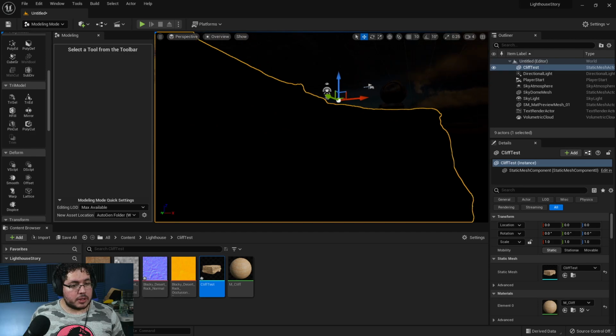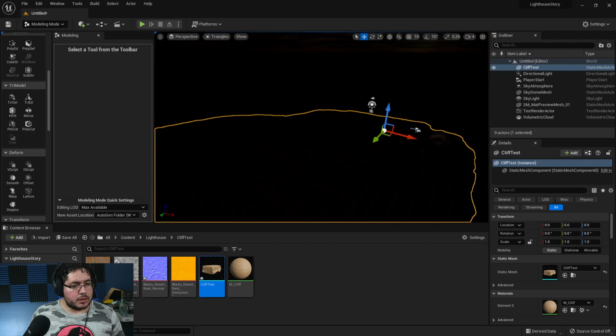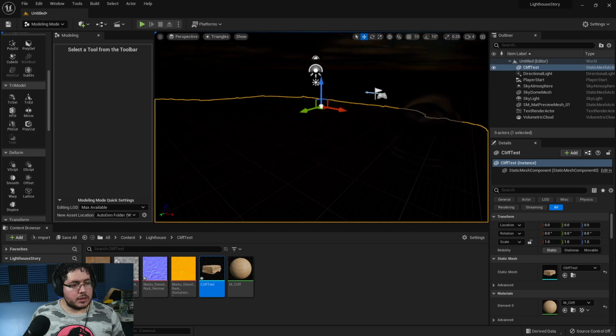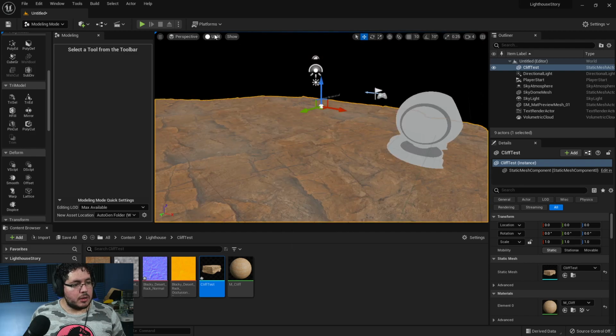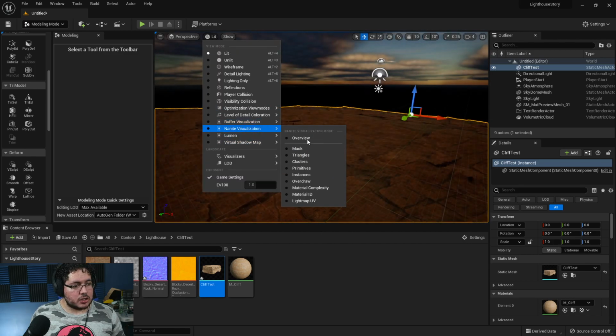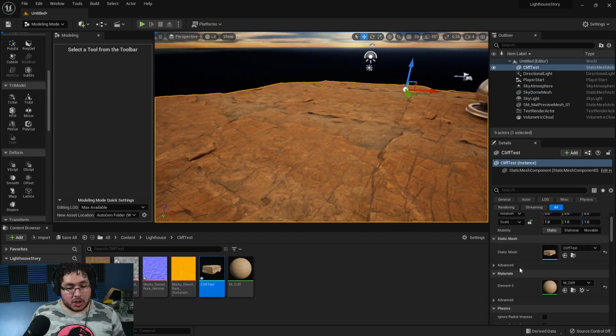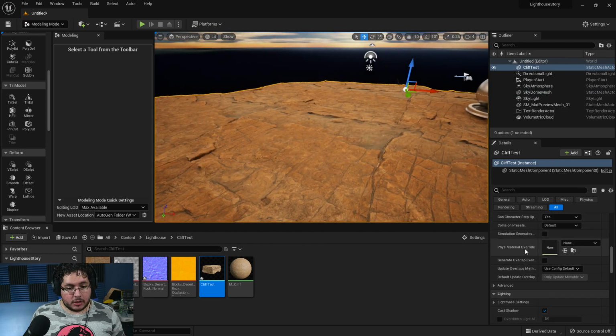What's the word? Let's see if we can see the Nanite here. Can we see it? No, I can't see it. Well, you're going to have to trust me on that one. This is Nanite now. This is working as a Nanite mesh. You can also see it down here. If we go to